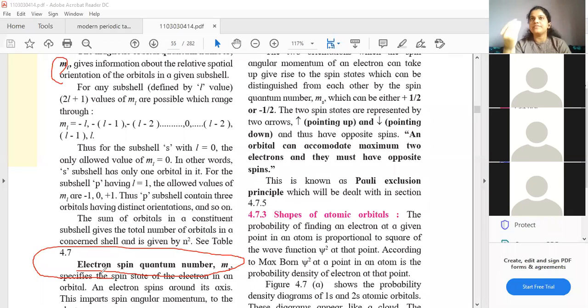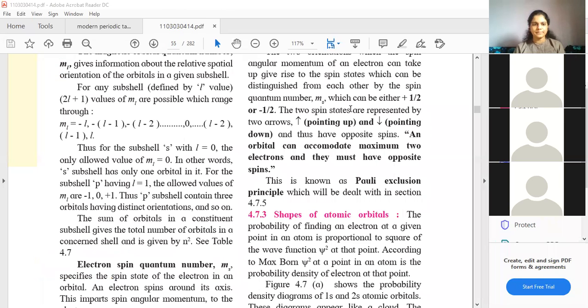Students, it is very obvious. If the electron is revolving around the nucleus, the electron is also rotating around its own axis, right? It is just like the solar system. There is revolution and there is rotation around its own axis as well. The same is the case with the electron. The electron revolves around the nucleus, and it also rotates on its own. Yes or no? I think that is very obvious.